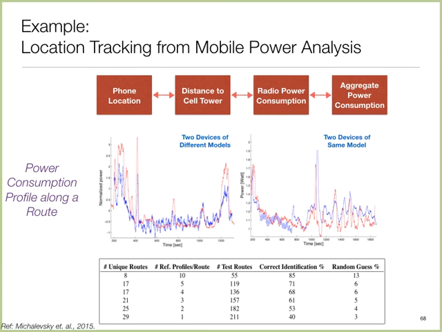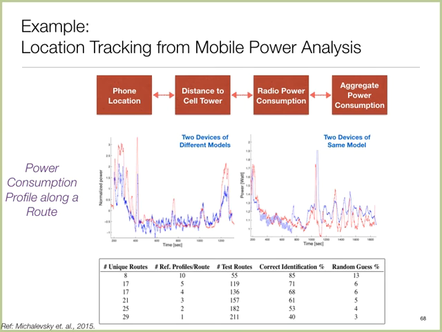Another one, this is out of Stanford. Battery level on your phone is unprotected, right? I mean, what is sensitive about it? Not much, you would think, right? But what this group showed was that from a trace of battery level over time, you can figure out, again, the location trajectory. And the way it works is the following: